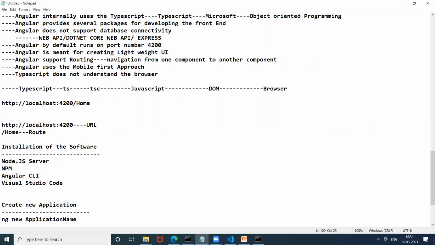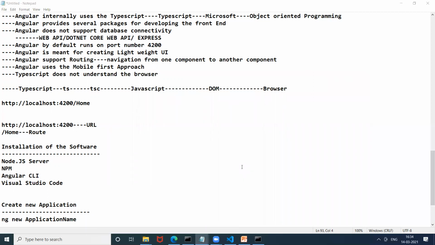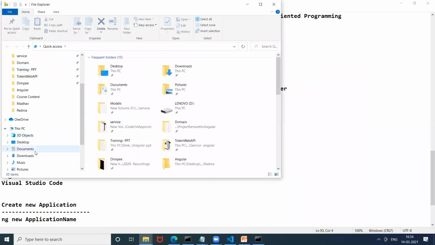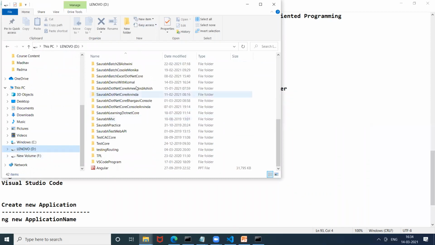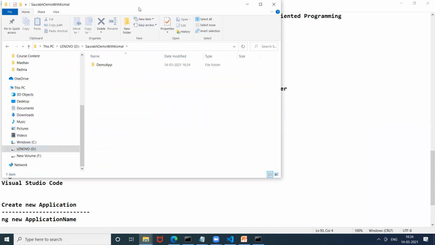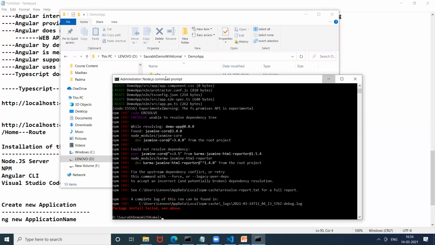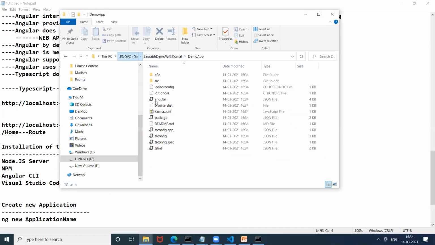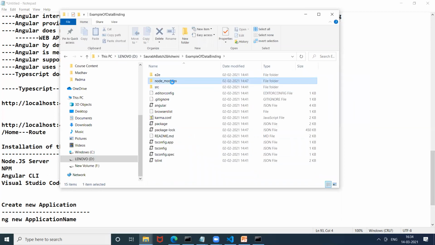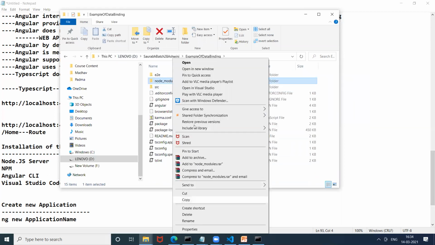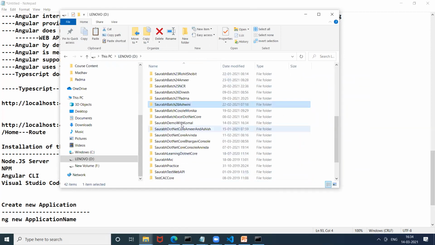It will create the application, and let me show you in the D drive. Here you can see demo app. Right now I need to install the node modules. There's some issue in my version, so I just copy these node modules and paste them into the demo app, right?